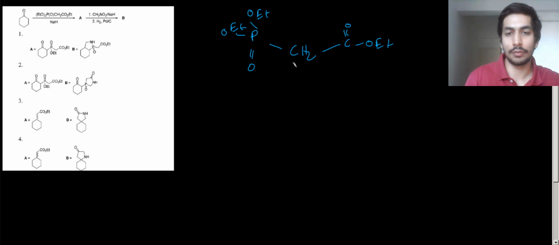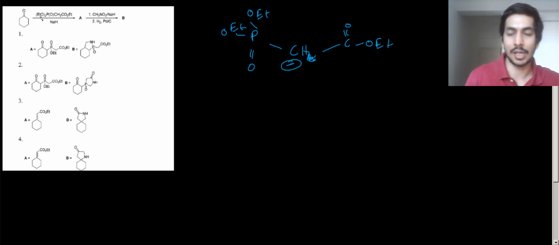So first your carbanion formation will take place. The sodium hydride is going to abstract a proton from this CH2 and is going to form CH minus. So basically, as in the Wittig reaction, the ylide will be formed, and you have a double bond over here. So the first case is very simple. You will basically get an alkene, right?